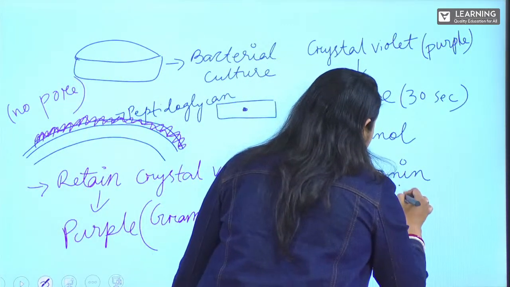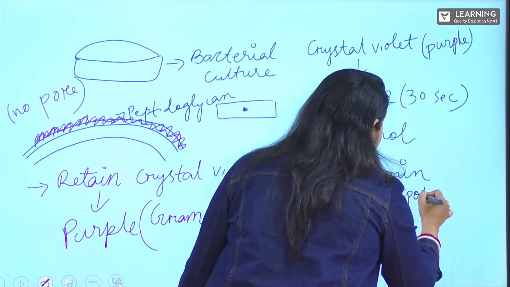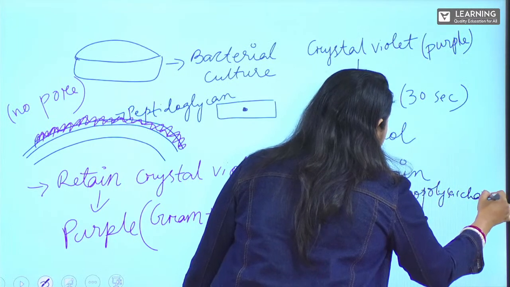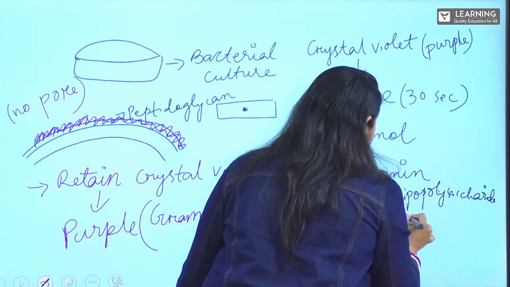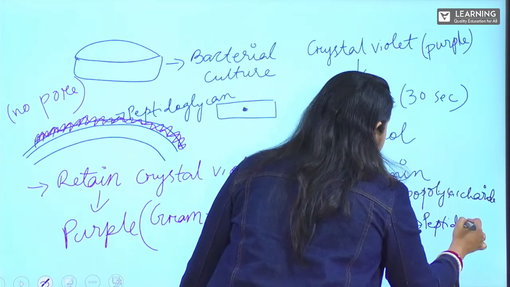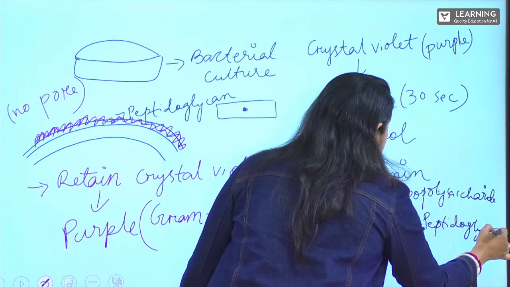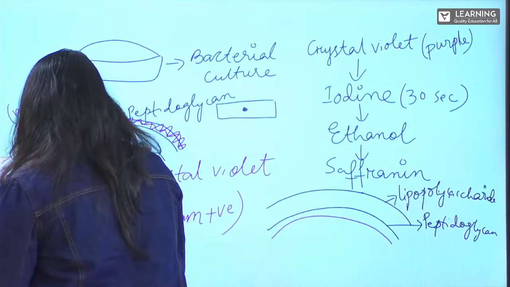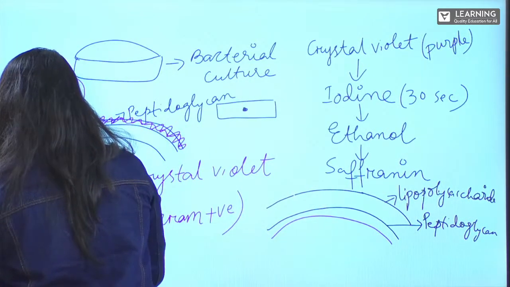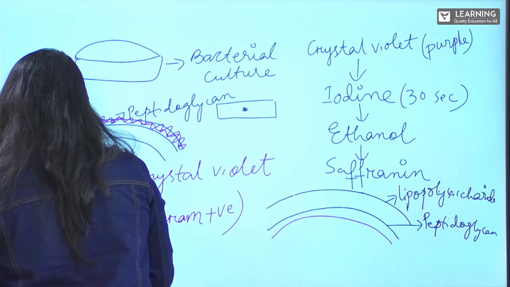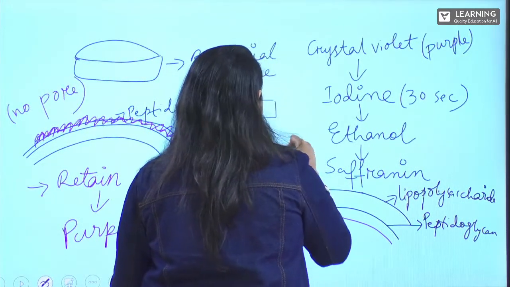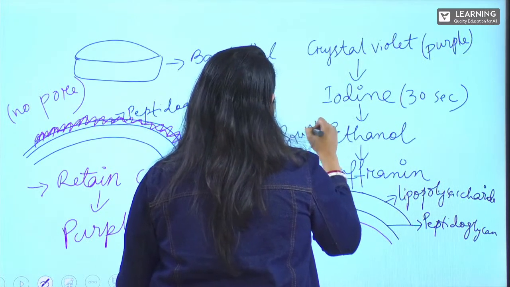So they have a lipopolysaccharide layer along with the peptidoglycan. In the lipopolysaccharide layer, they have some pores, some porins present here. Because of these porins,